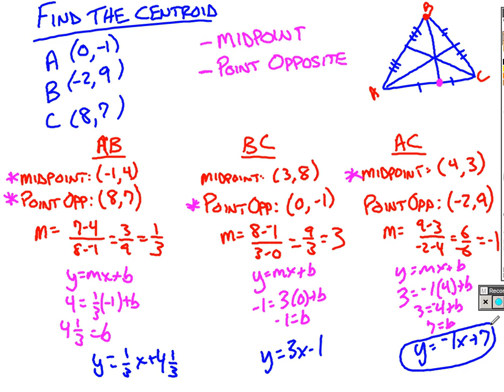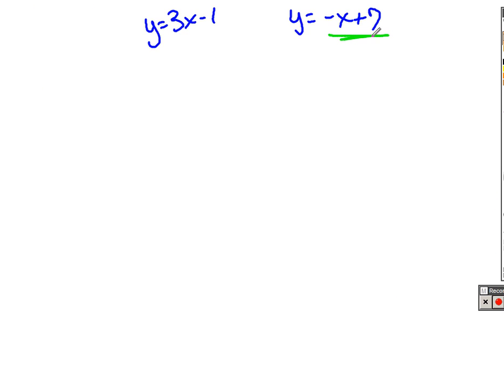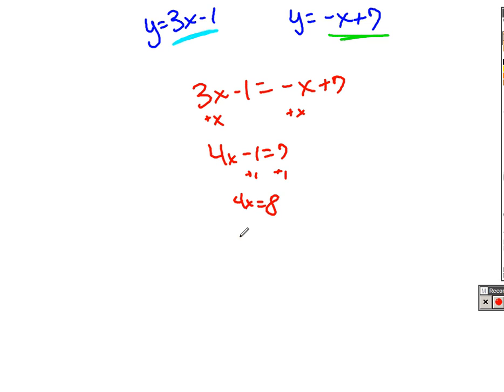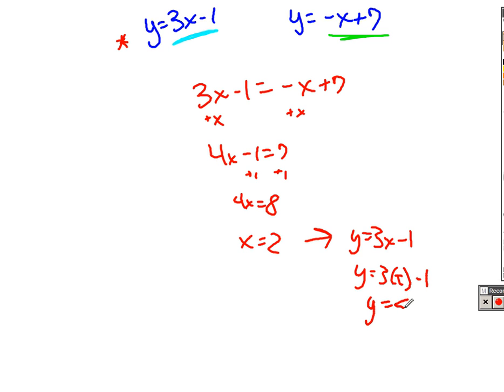So these are the 2 equations that I will now use. I need to find a point of intersection. So what I'll do is I'll take those 2, if y equals stuff and y equals other stuff, I'll just set the stuffs equal to each other. So 3x minus 1 equals -x plus 7. Add x to both sides, I'll get 4x minus 1 equals 7. Now I'll add 1 to both sides, so 4x equals 8. That means that x equals 2. And then to find what y is, I'm just going to plug into one of these two equations. Doesn't matter which one. I'll do this one. So y equals 3x minus 1. Well, I just said x equals 2. So y equals 3 times 2 minus 1, which means y equals 6 minus 1, which is 5. So my ordered pair in the end here is the point 2, 5, and that point here is your